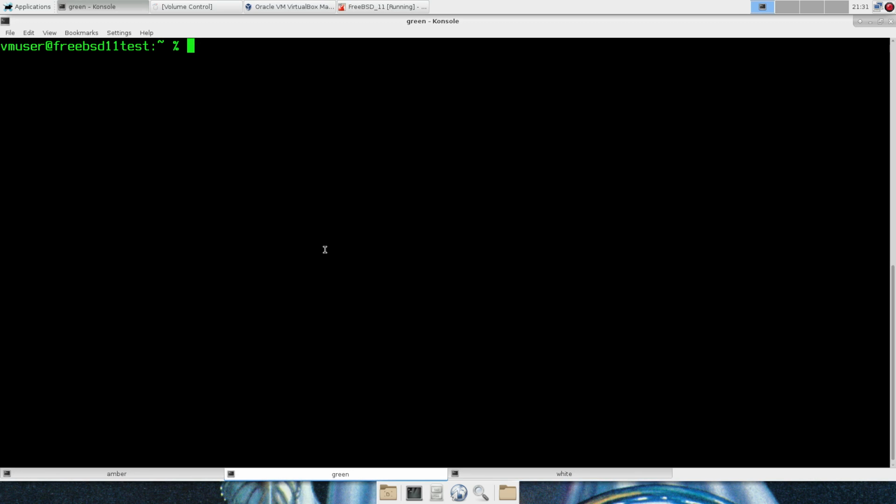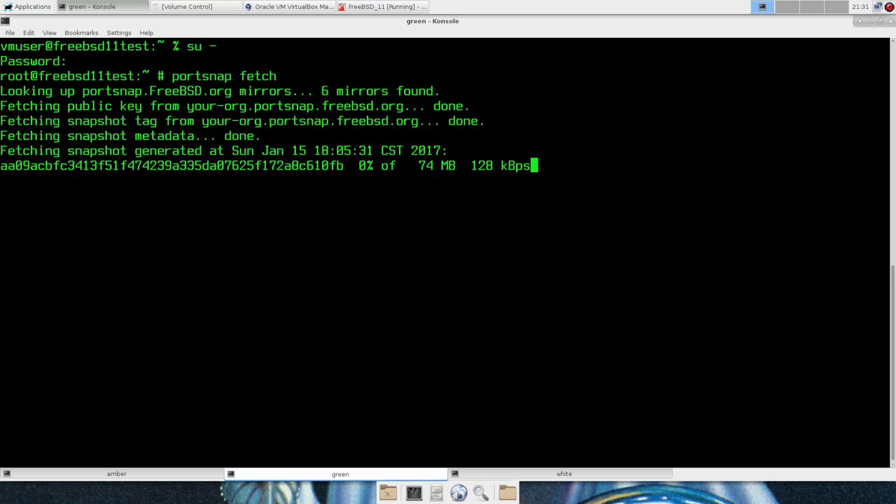and first off, let's grab the ports tree. Let me get over, switch into root, and use the portsnap command. With the fetch argument, we're going to grab the ports,